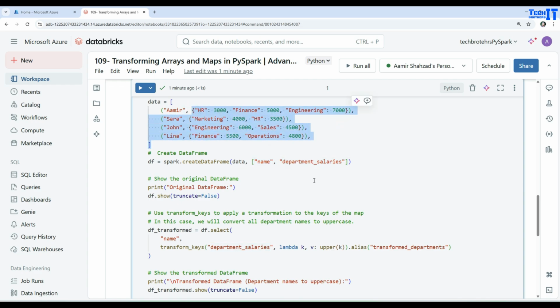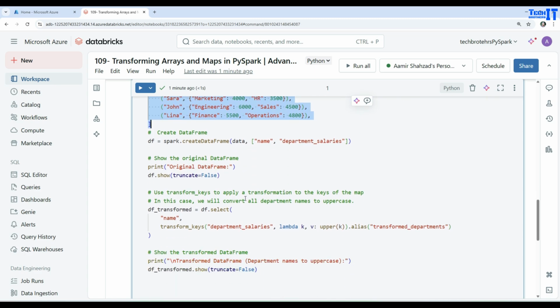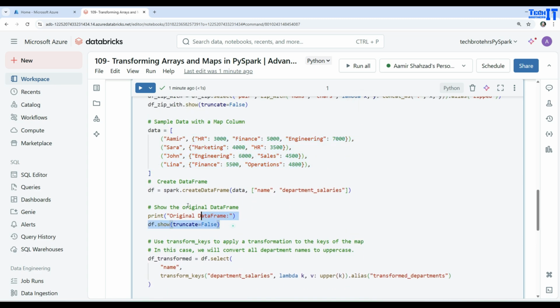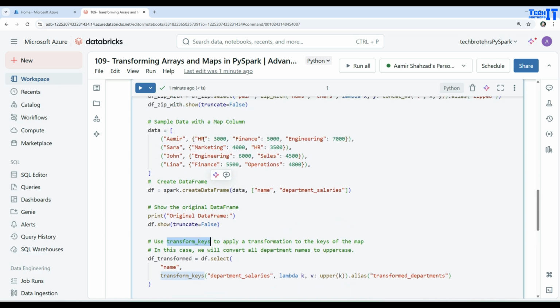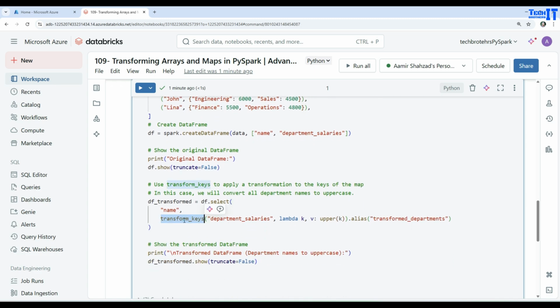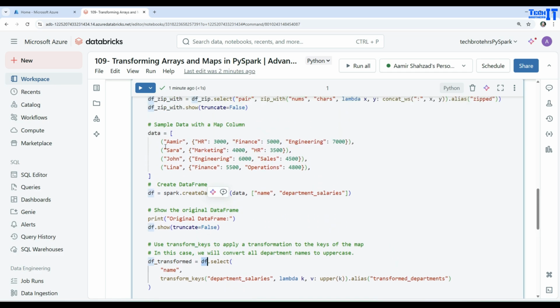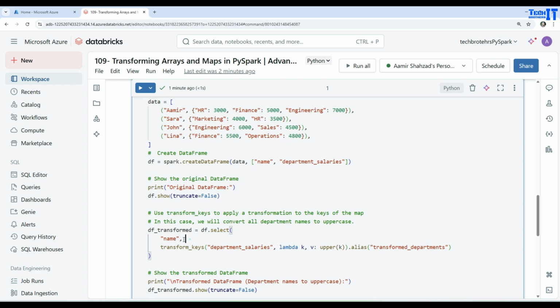Okay, now once I have that, I want to show you the data frame, and I can use df.show to show you the data, and from there I can apply different transformations. So use transform keys to apply a transformation to the keys of the map. In this case, we will convert all department names to uppercase. So right here I have these department names and I want to convert them to uppercase, I can do that. And here I will use transform keys. So I'm creating a new data frame, df_transformed, equal to df, that's our original data frame we just created from sample data, and selecting the name column,